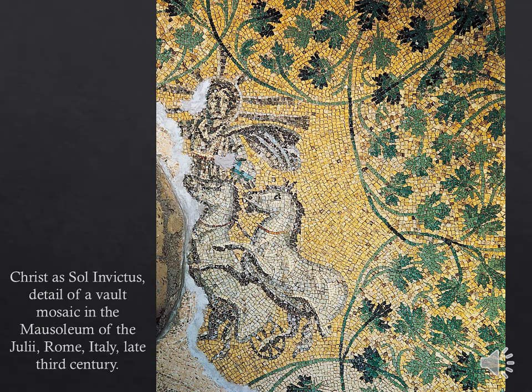This is from a different mausoleum space, and in this mosaic we see again the vine work indicating grapes and its possible association to Dionysus or Bacchus, but within a Christian typology, again, we want to read that as symbolic of the Eucharist tradition. That central figure has some damage to it, but we can see a figure on a chariot being drawn by horses, and this is what we consider the Sol Invictus, which is a Roman personification of the sun that rides his chariot across the sky every day. It's the sun victorious here.